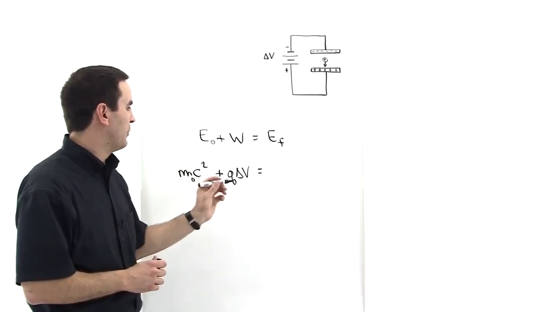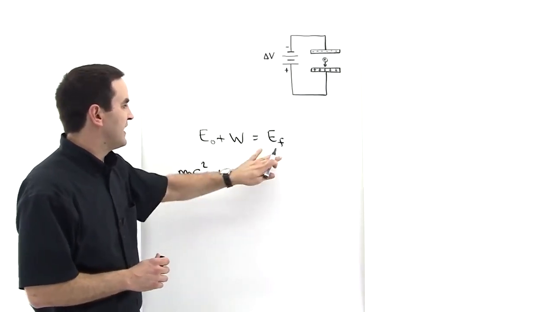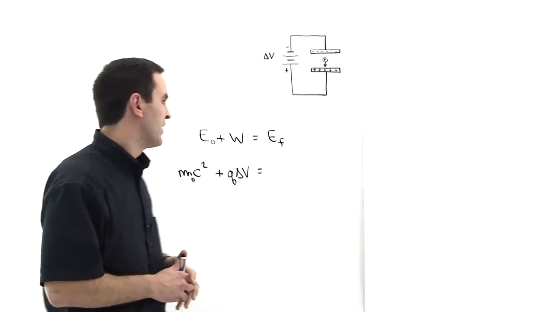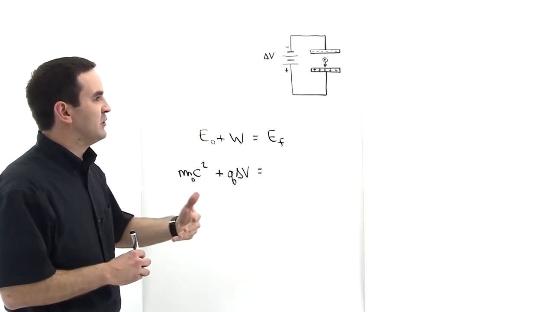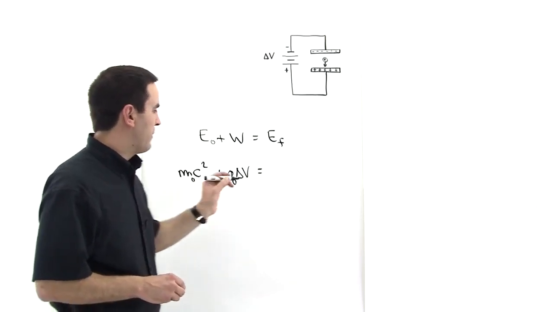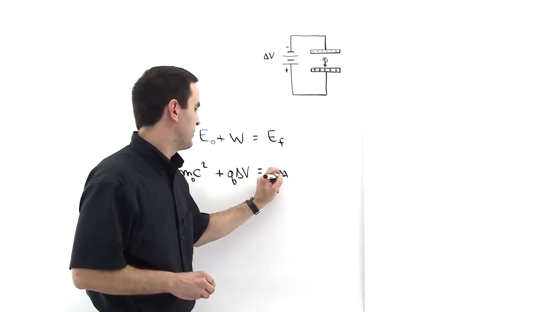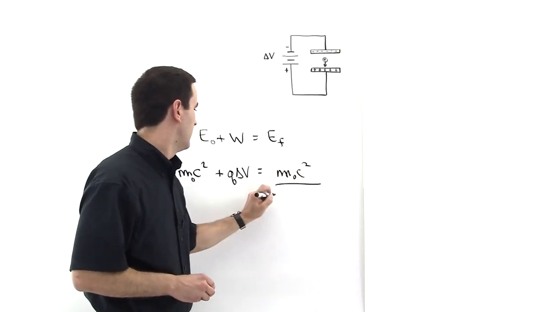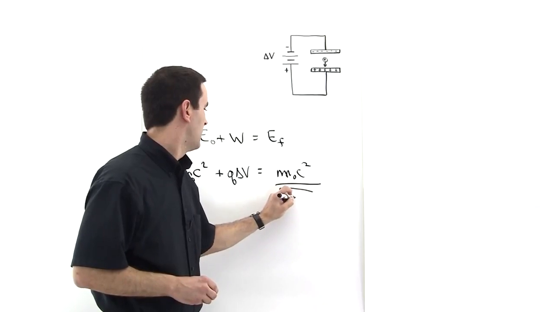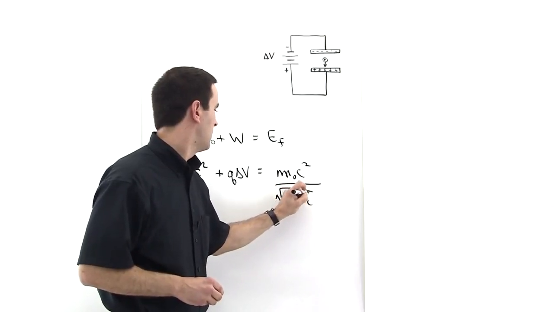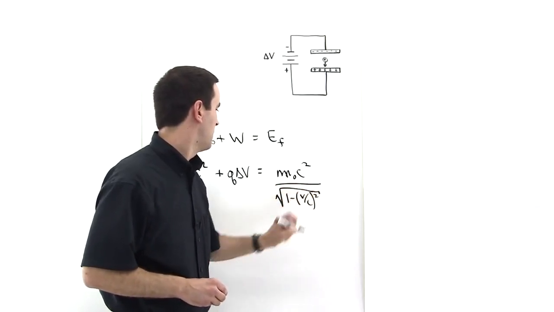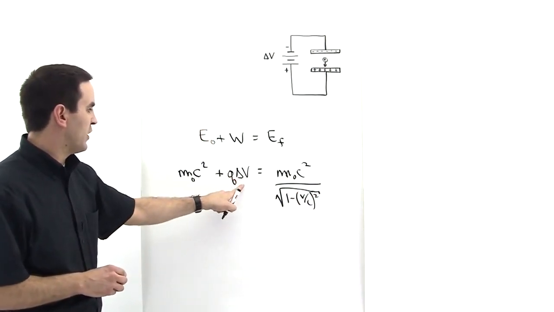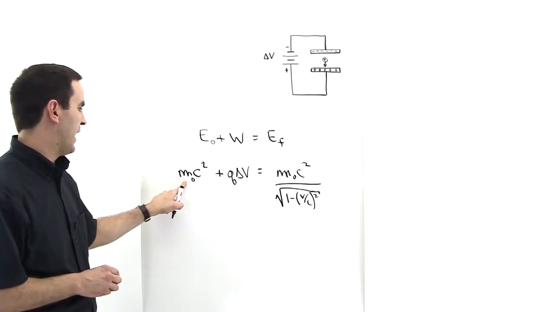And then E final will be equal to, now here's the thing, for the final energy, we could put 1/2 mv squared, certainly it's moving with a velocity, but it also has the energy due to its rest mass. So we remember from the previous tutorial that we can express both of those quite cleanly with this expression. Okay, so solving, if we let this be equal to 120,000 volts, let this be equal to 9.11 times 10